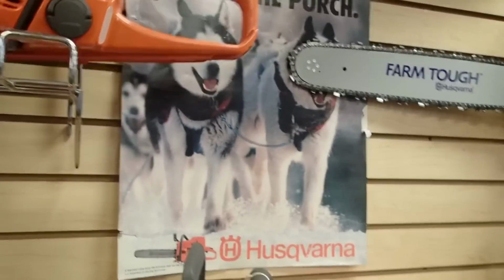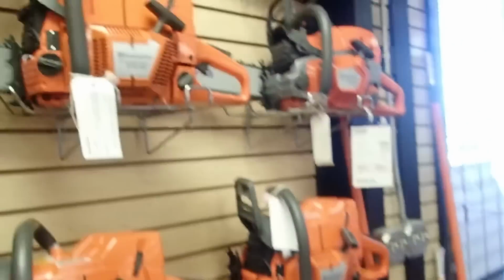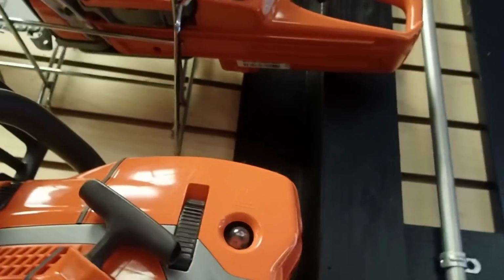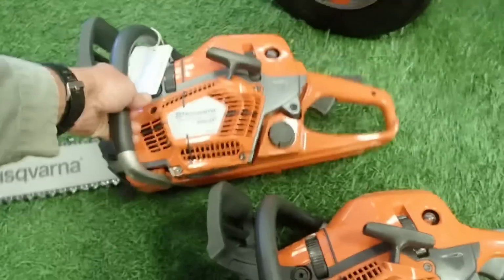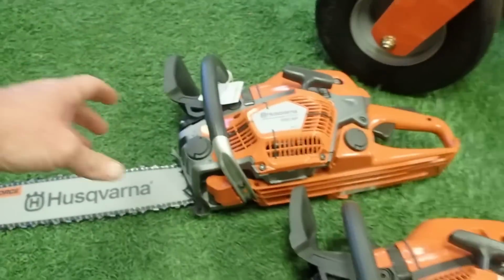So I want to get the 545 and the 550. Y'all still got several of the 372s left? We do. We got a few left. All right. So here we've got